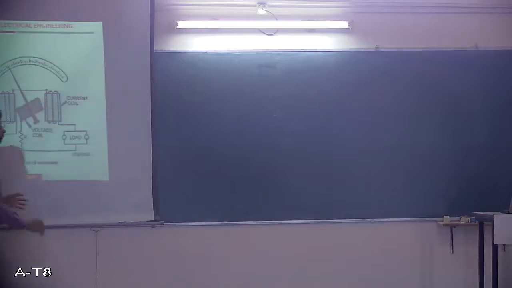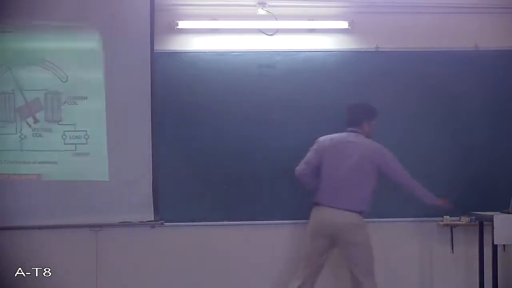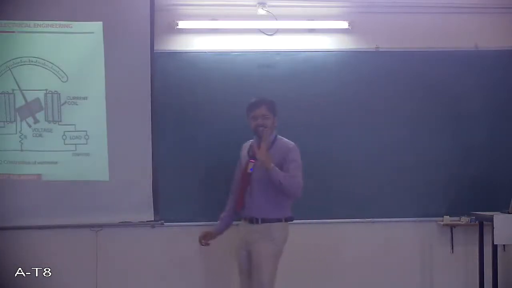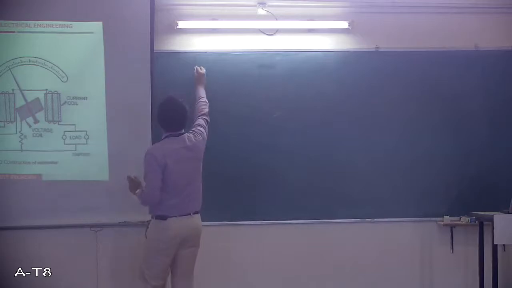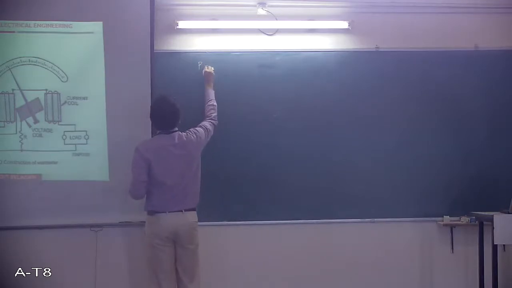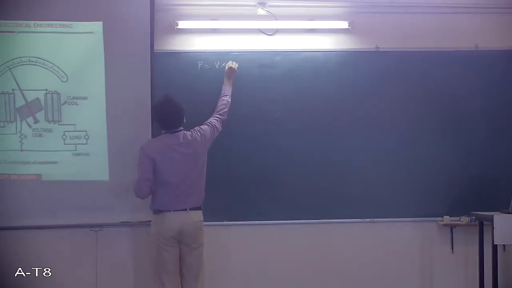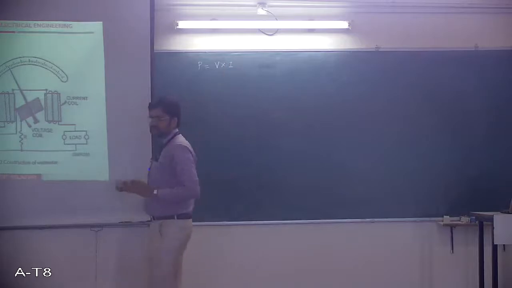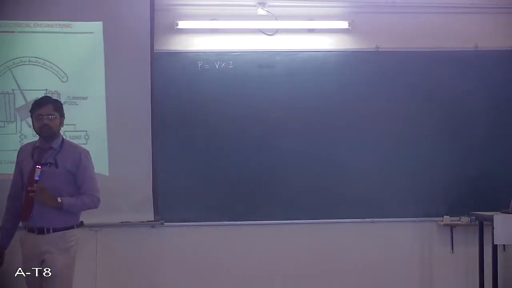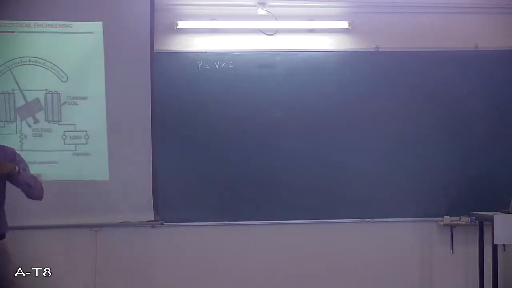Okay, so please remember, if I consider a DC circuit, in a DC circuit the power is basically equal to V into I, voltage across the load and current flowing through the load, V into I. So for a DC circuit, which is a very simple case, I should at least sense these two parameters. One is voltage, another one is current, so that I can measure the power. Okay. Now here in this case, what is happening?